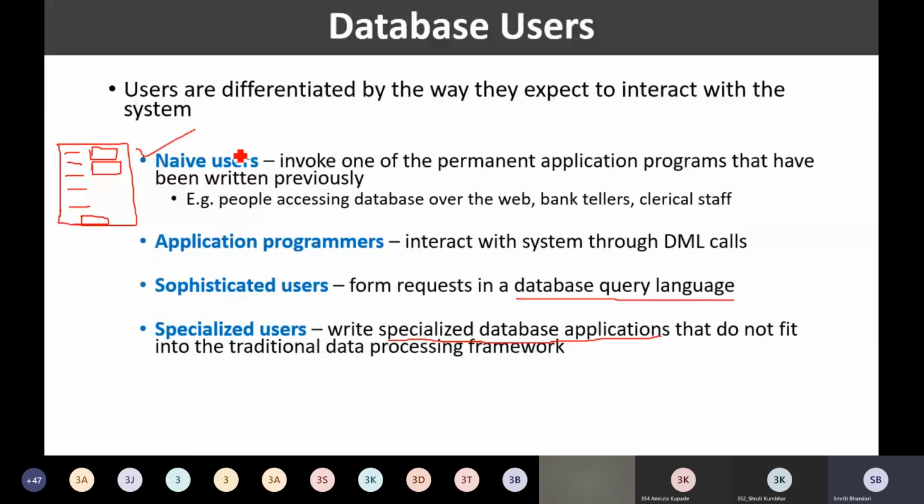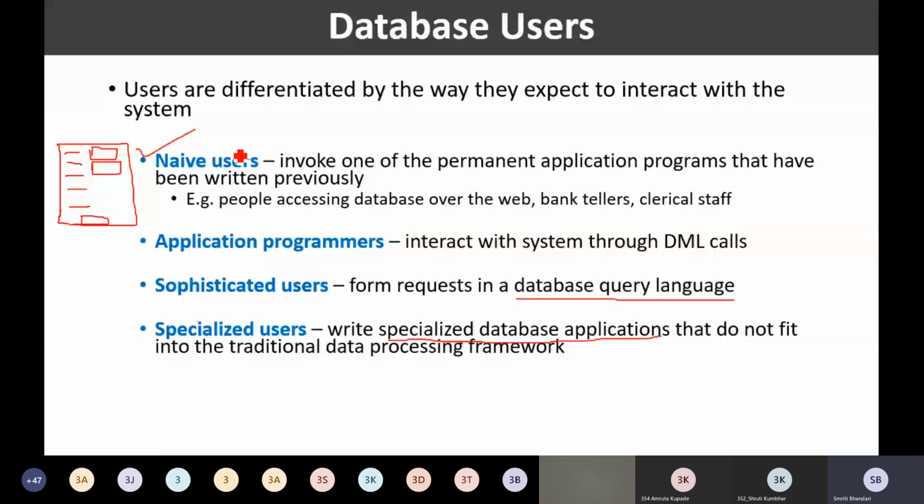So they are simply making use of some forms that allow the user to input some data, to store some data, right? To have some reports from stored data, such kind of simple functionality. So these users are making use of such application programs to interact with the underlying database system.